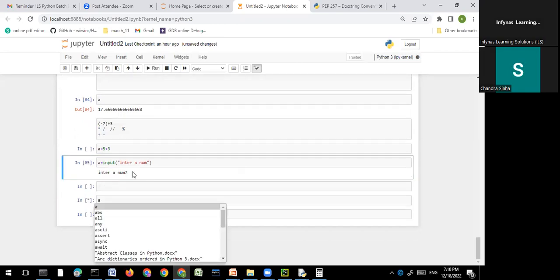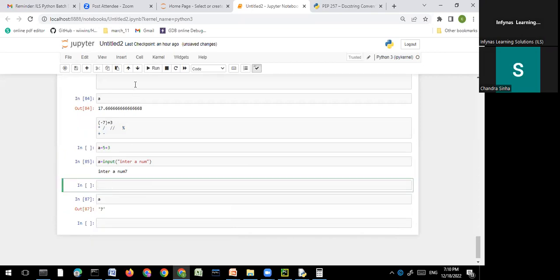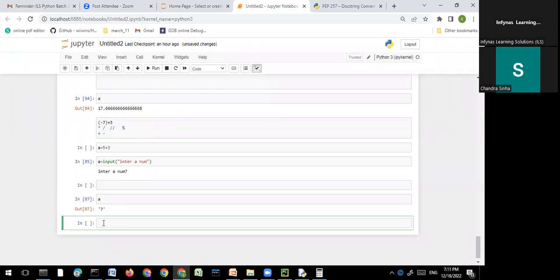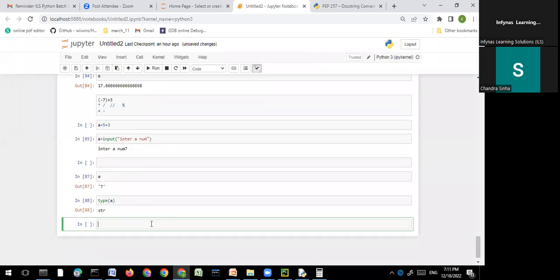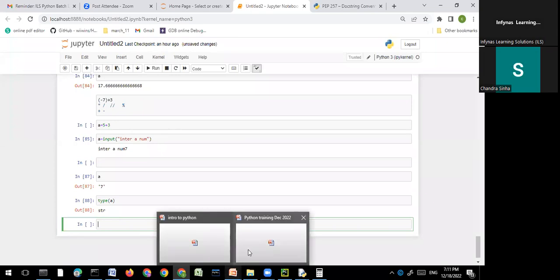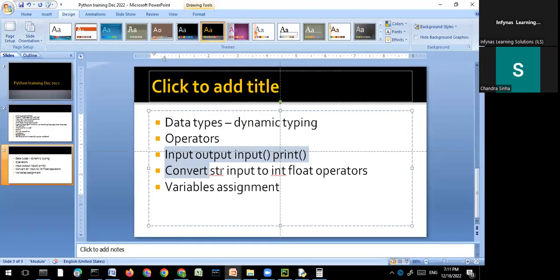एक बार इंटर प्रेस करना पड़ेगा। यहाँ पर थोड़ा अलग ढंग से काम करता है। ये 7 लग रहा है, पर ये न्यूमेरिक 7 नहीं है। मैं टाइप ऑफ a देखता हूँ, स्ट्रिंग।